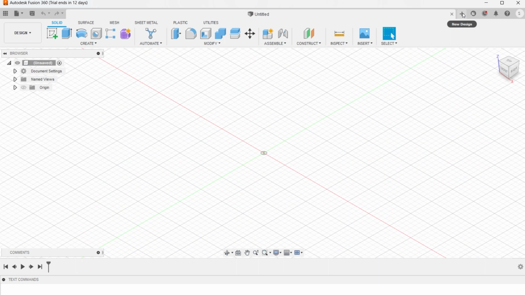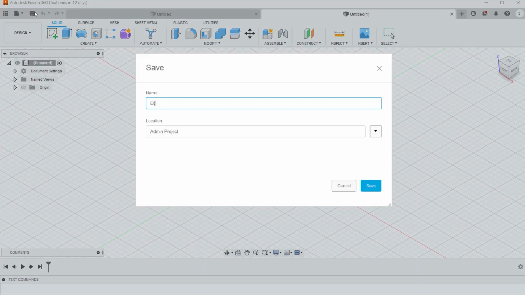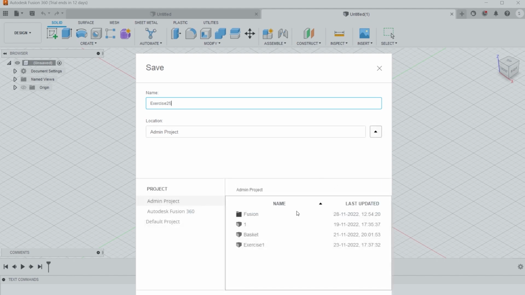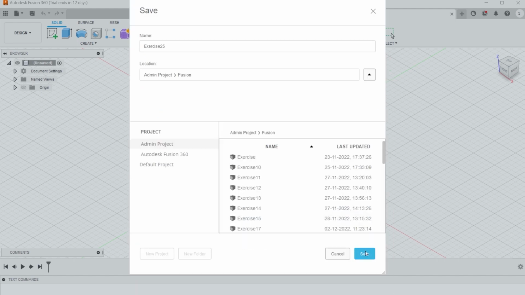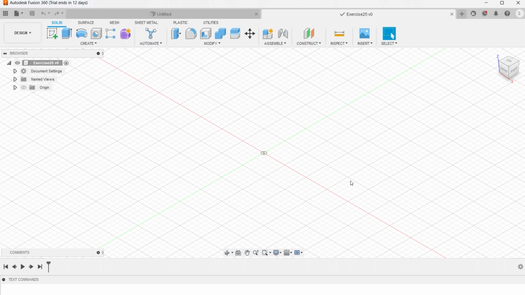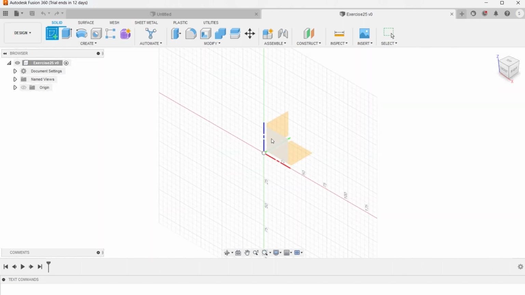First of all, we need to create a new design and save it by the name of exercise 25, and we can save it to a specific folder by the name of Fusion. Let us save it. You can see exercise 25 is saved. Now we need to create a sketch from the front plane. So starting the sketch from here, let us select the front plane,